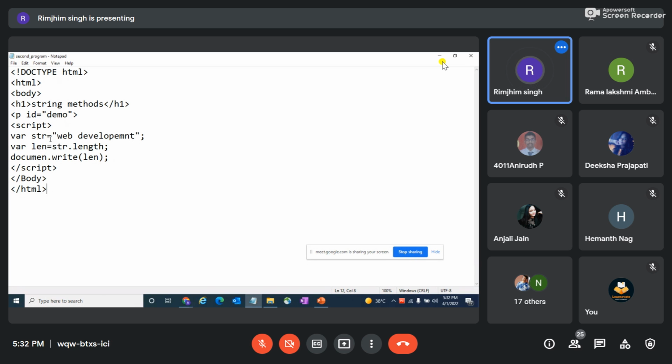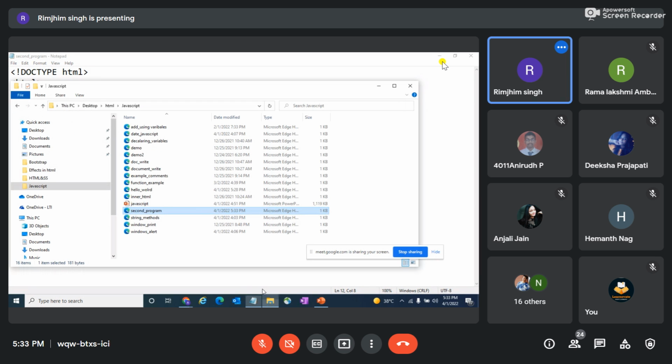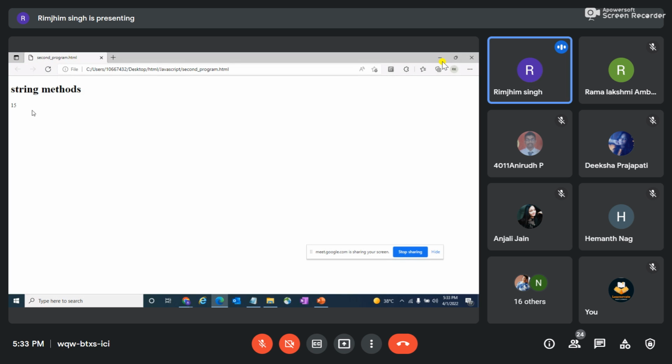Str is web development. I hope there are no spaces because JavaScript is highly case sensitive, class. So where str is equal to web development, where length. Okay, so here the T is missing. That's why it did not print. Control S. Second program. So the total length of my particular variable was 15.